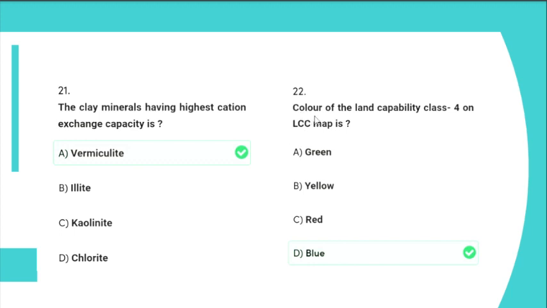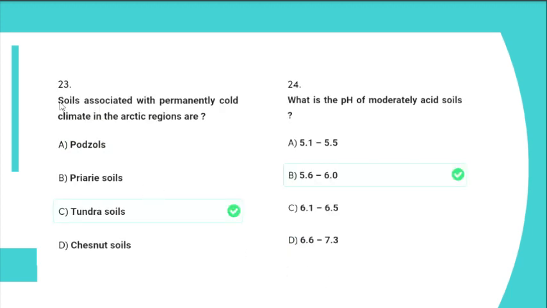Next question: the color of land capability class 4 on the LCC map is? Here option D is correct, that is blue. Next question: soils associated with permanently cold climate in the Arctic region are? The option is tundra soils. What is the pH of moderately acid soils? The pH of moderately acid soils is 5.6 to